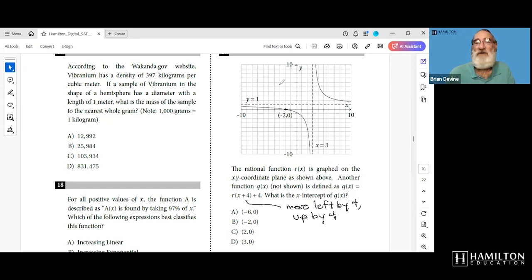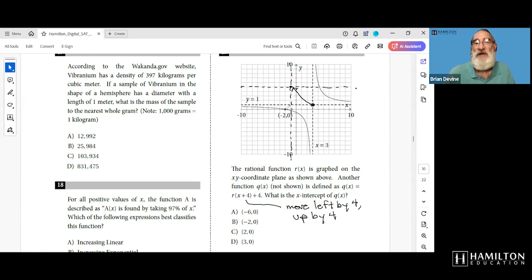Up 4 over 4. So in effect, I'm going to take the two asymptotes there and I'm going to move them up 1, 2, 3, 4, and over 1, 2, 3, 4. And so now the new asymptotes will be over here because we're just moving the whole darn thing. And that would be a valid geometric interpretation. And the asymptote moved from here to here,